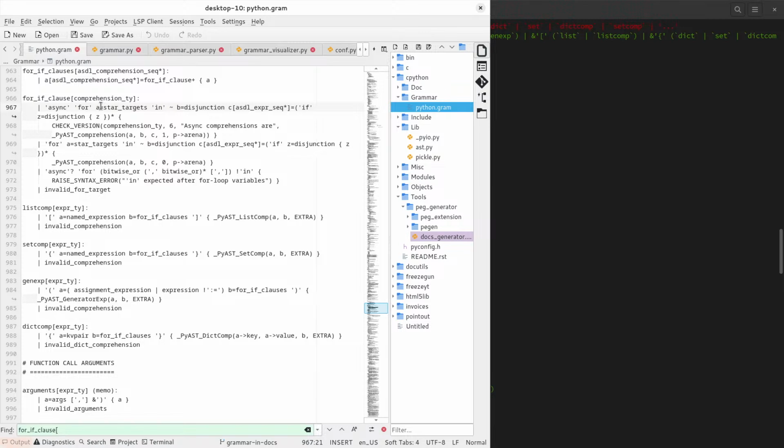Star targets in disjunction, or it can be star targets in disjunction